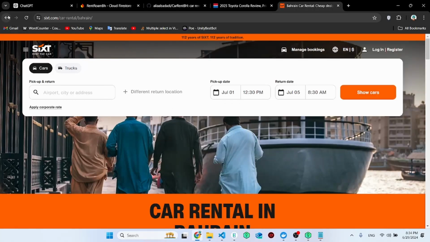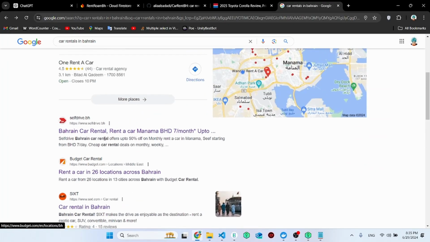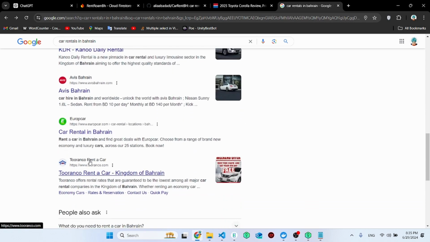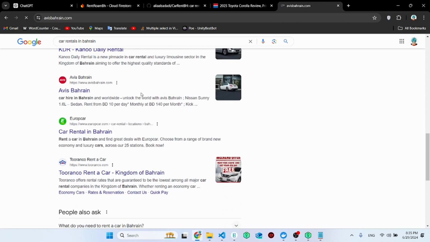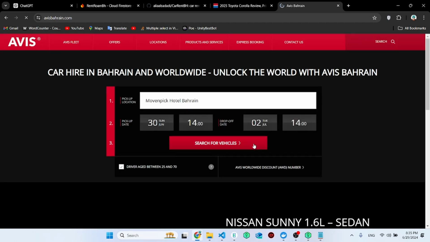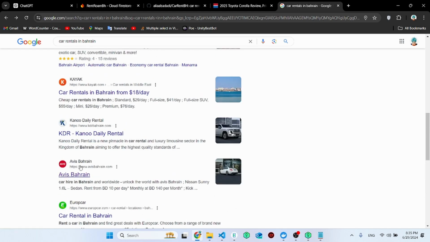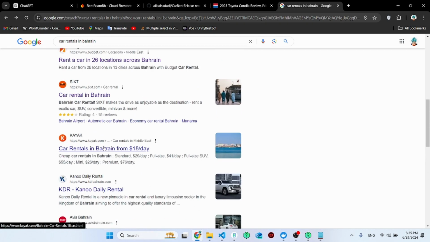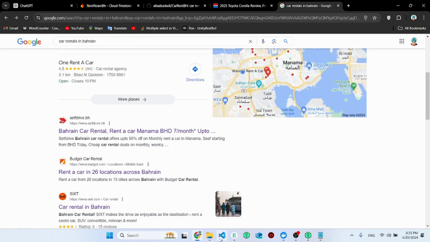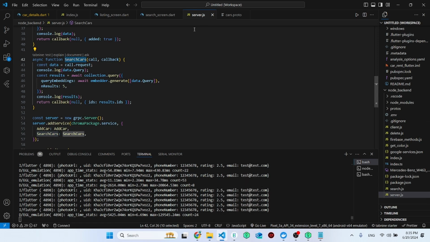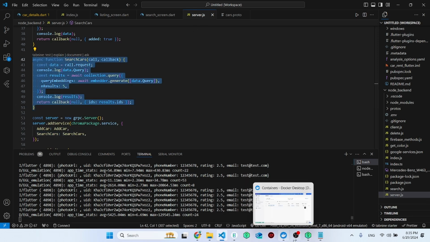Let's check the next one, pickup date. Let's see this one, Avis Bahrain. You can see you have multiple fields here. And I implemented this search feature